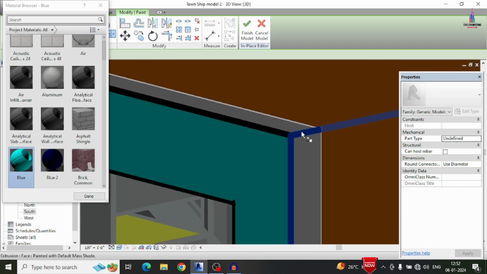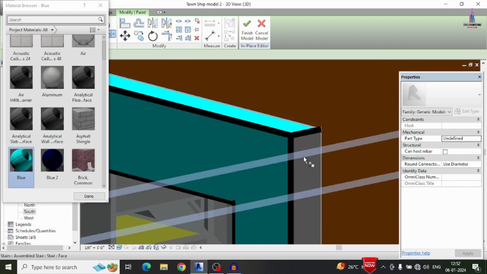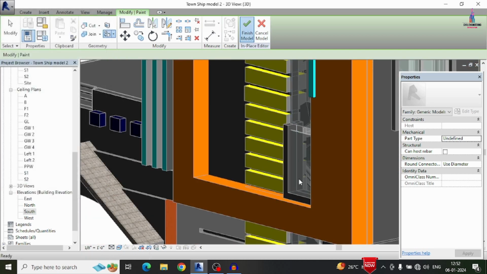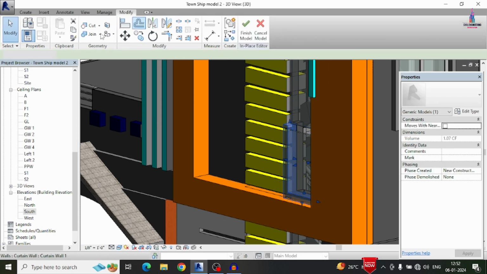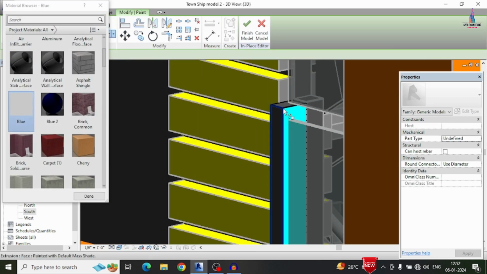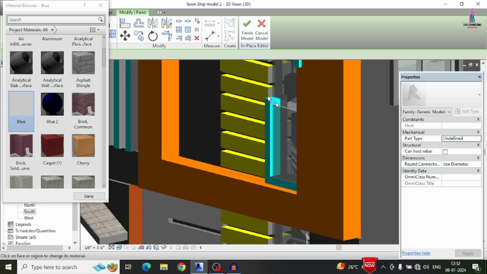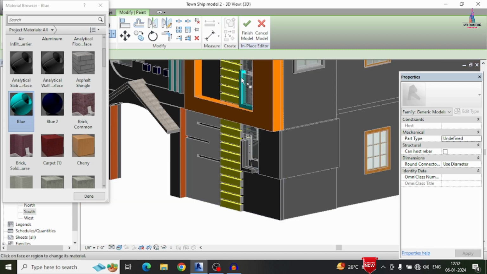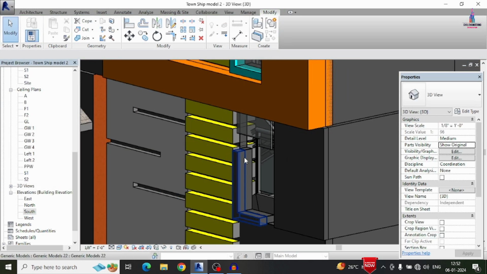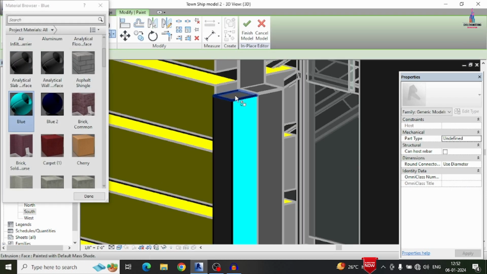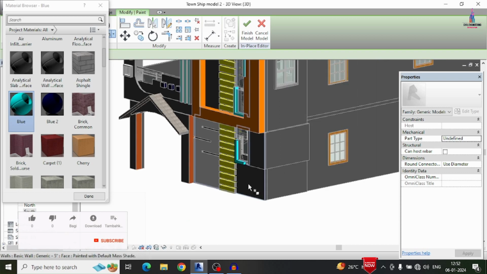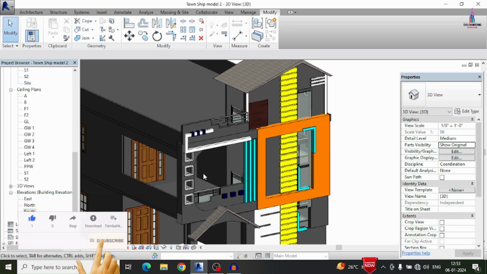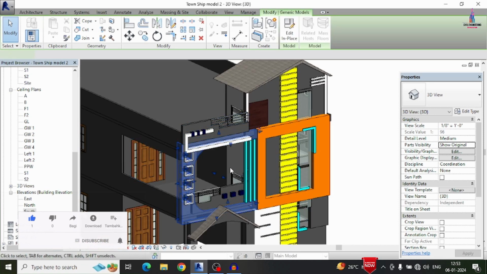Now in the same process we will apply the pattern color to the top section, again to the right side portion. Now in the same process we will apply the blue pattern color to this bottom section also. Edit in place. For that, click on the paint option here, select this option. This time selecting here. Again in the same process we will paint the bottom sections also. For this pattern, you can see here, it was applied.